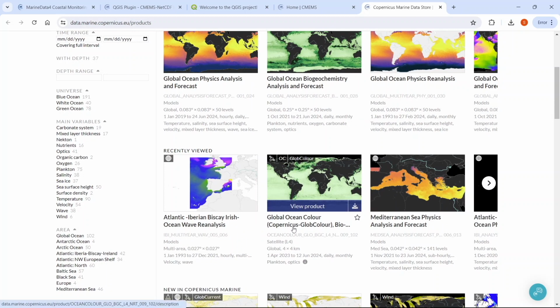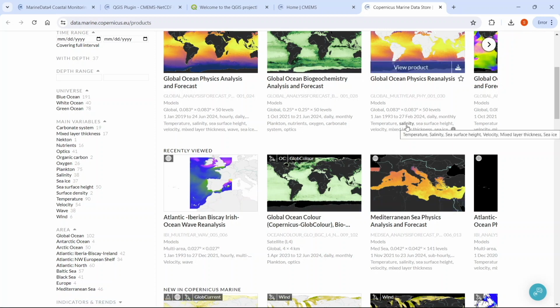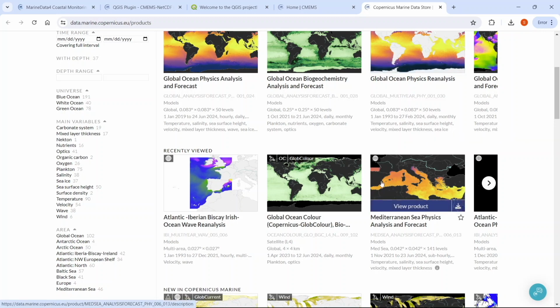So in this case, I'm referring to the Ocean Color product and the Atlantic and the Mediterranean model product for the physical component. Here it's for waste, but just to show you, I have preloaded the extension of the Ebro region and the extension of the Mediterranean domain. Particularly, we want to focus our attention on the Ebro Delta, that is a big specific hotspot for biodiversity in the Mediterranean Sea,